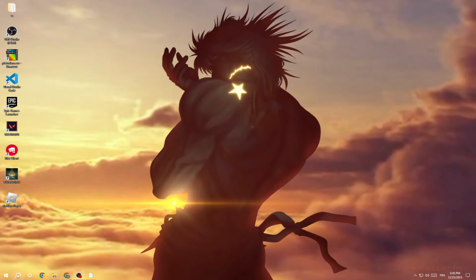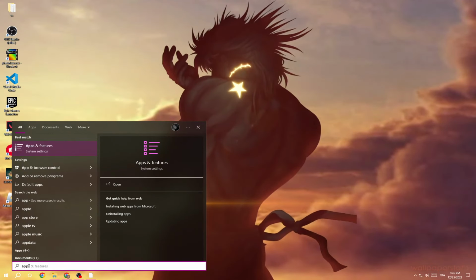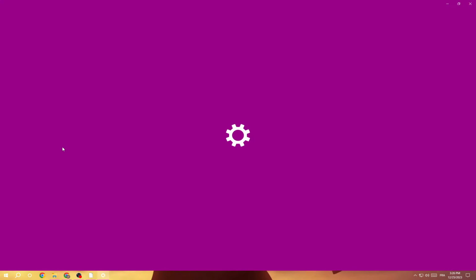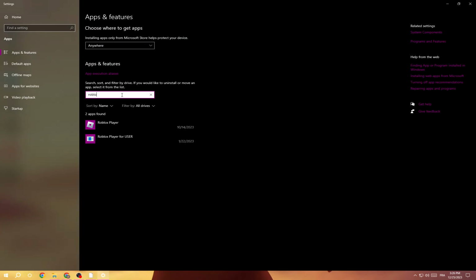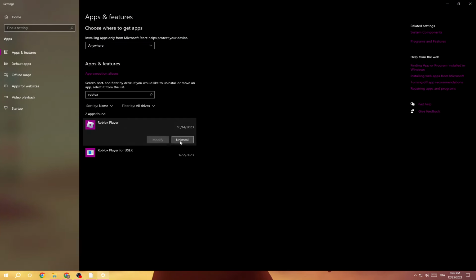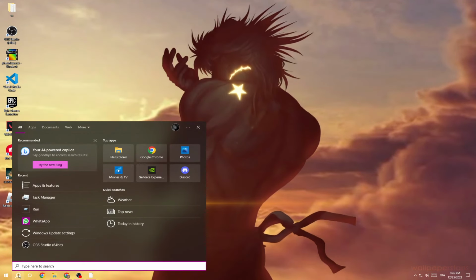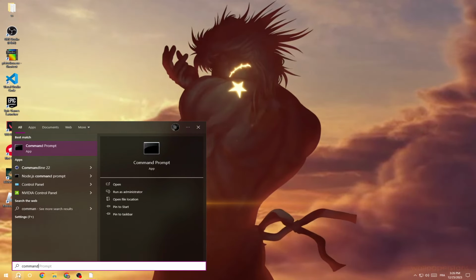to do is go here and type apps and features, and now type Roblox, click on it and click on uninstall, and after that click here and go to command prompt,